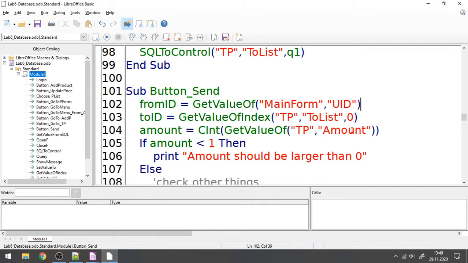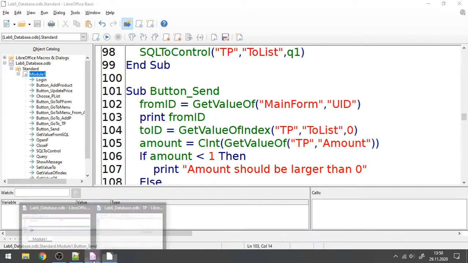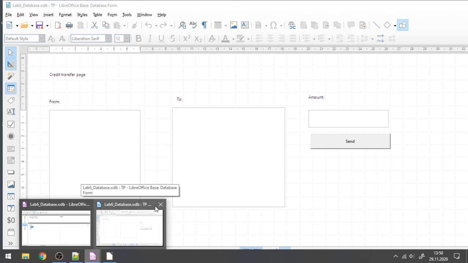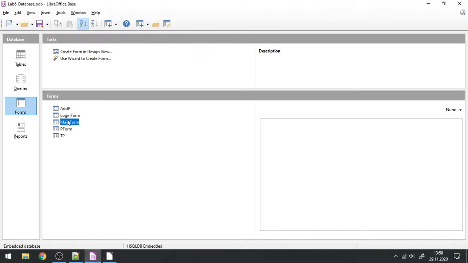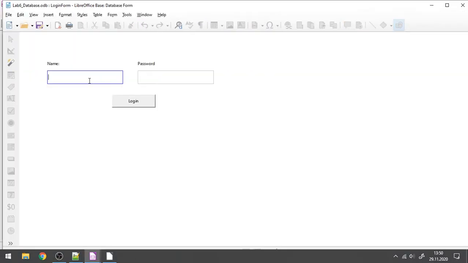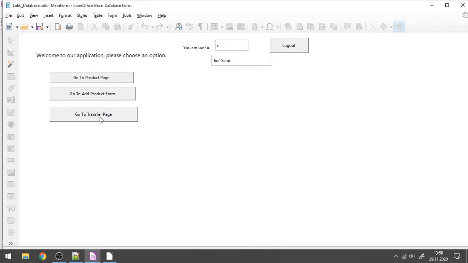Actually, let me first print that ID to be sure, so whether it gets it correct or not. So I'm going to print this ID for now first. So to check it, I need to go to my login form first. I open my login form and Joe pass, I log in. So it says the welcome message, and whenever I go to the transfer page,